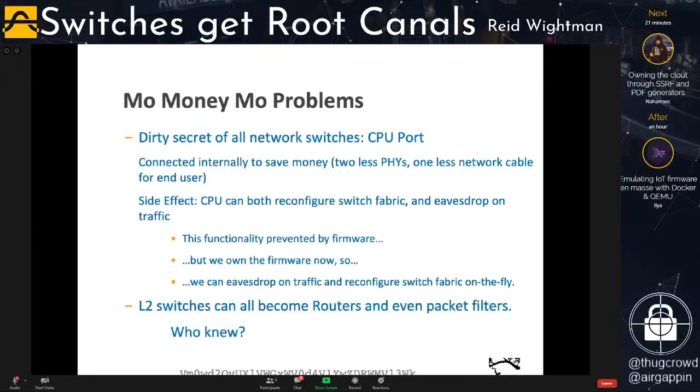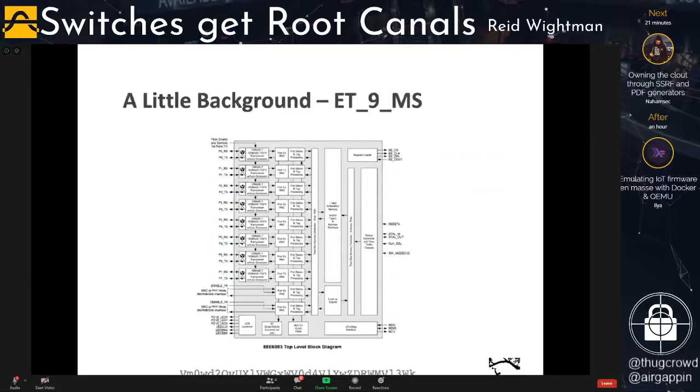Then usually switch makers, the switch fabric makers, will leave a couple of their ports not connected to anything, and those would give you GBIC. You can plug in maybe a fiber connector for an uplink, as well as